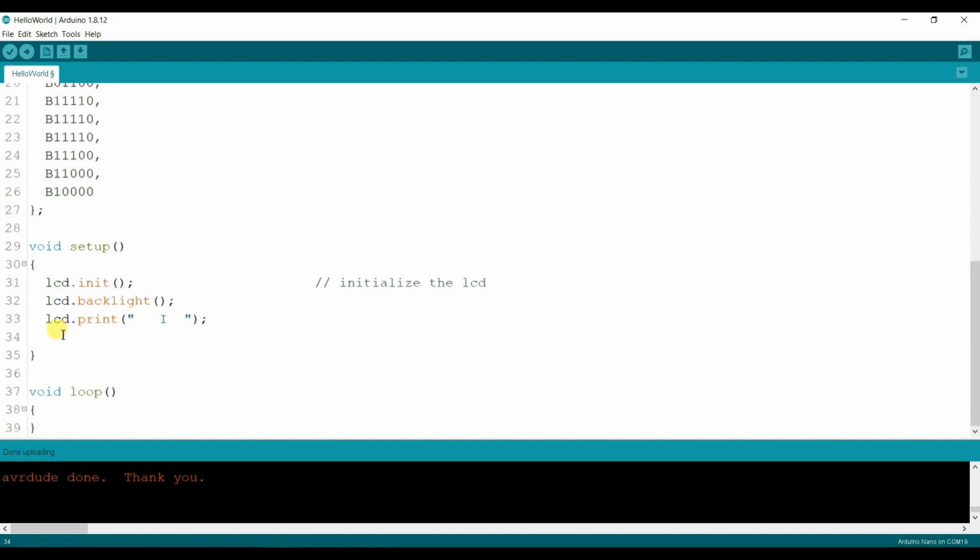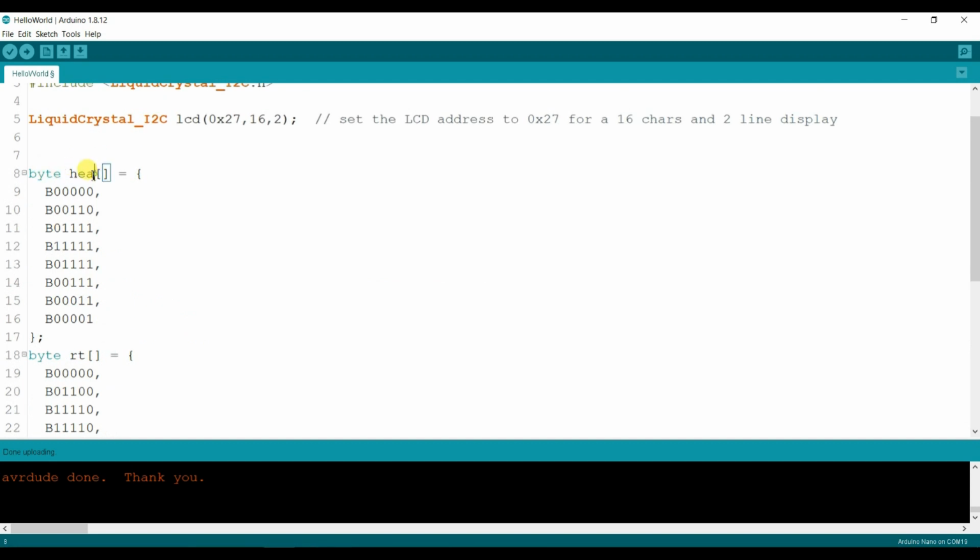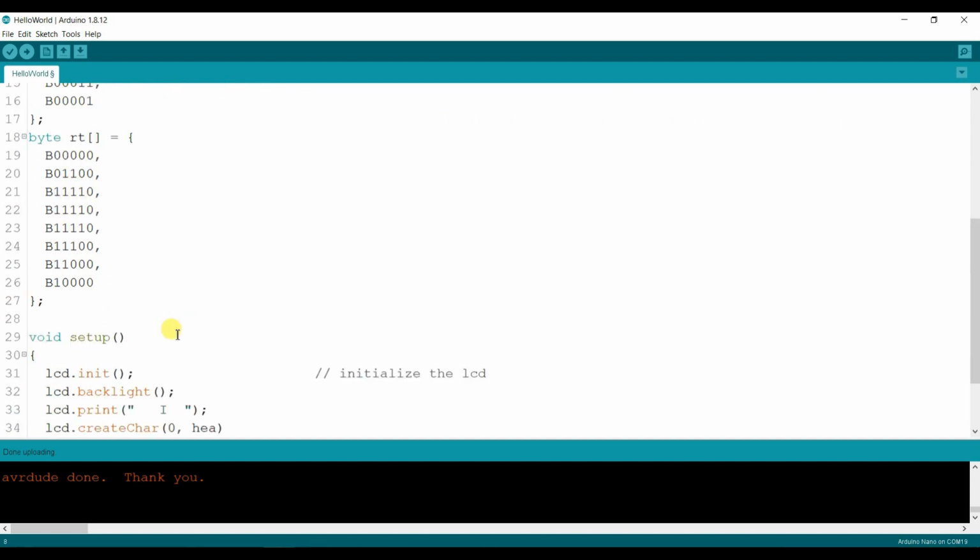So I will use the function lcd.createChar. This is zero number and this is the variable name HEA.